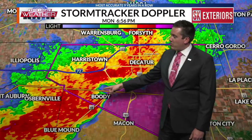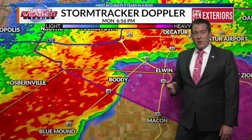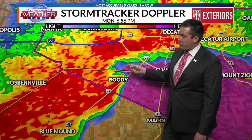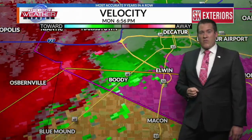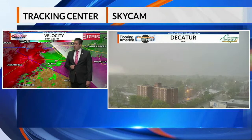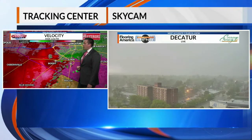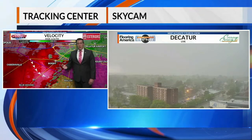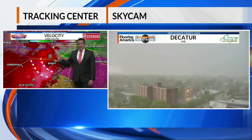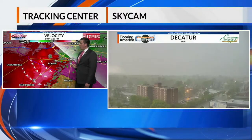Still, right around the Boody area, we do have our inflow notch, and that's going to be very important to keep an eye on. Your circulation's probably right there, and that's what we have on our camera. It's looking in that direction from Decatur from our Carriage Crossings weather camera. Our Flooring America iNet is doing a great job showing us not only the approaching supercell thunderstorm, but also all the lightning with it, which has been a lot of CG, cloud to ground, and that means it's actually coming down and touching the ground,